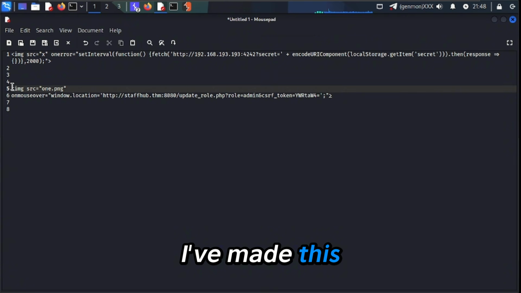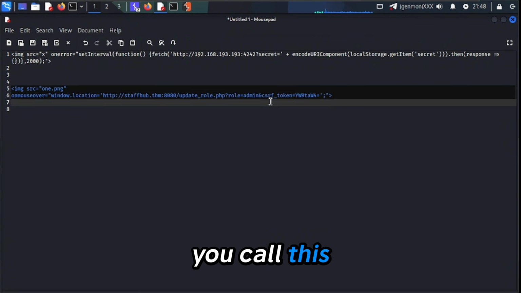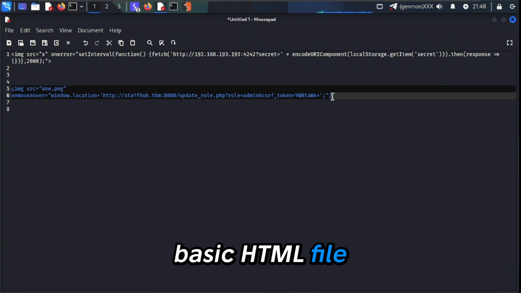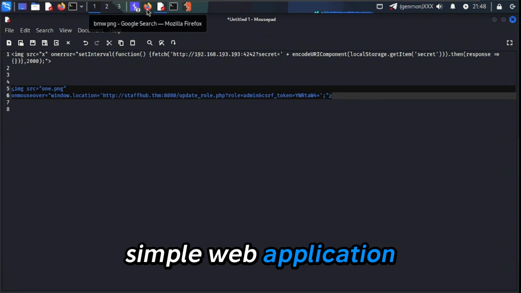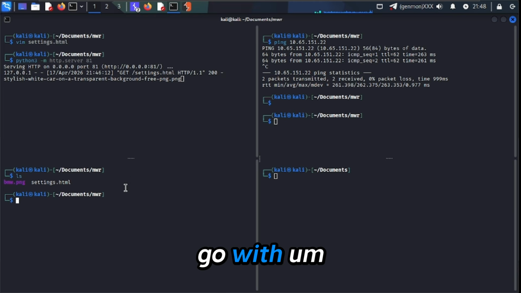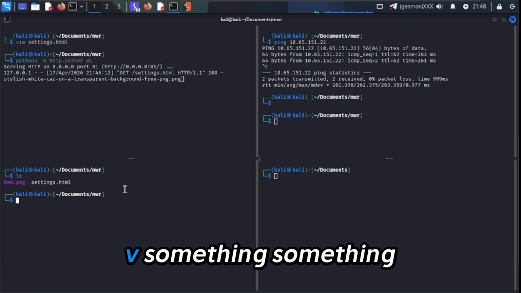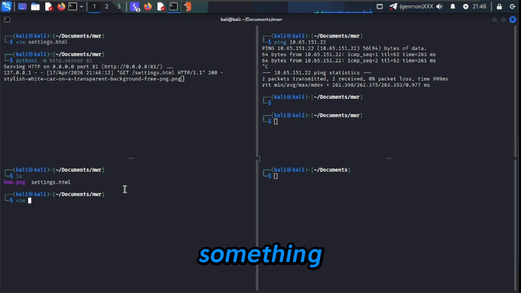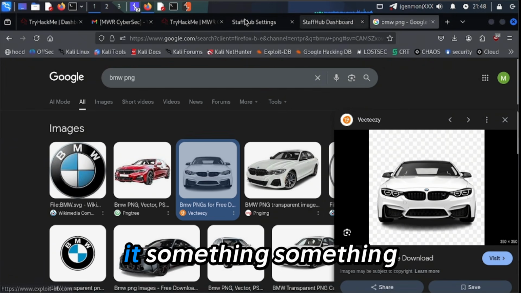I've made this basic HTML file. This is the one which we're gonna use for the task. So we're just gonna create a simple web application here. We're just gonna go with Vim something. What did they say we should call this file? We should call it something